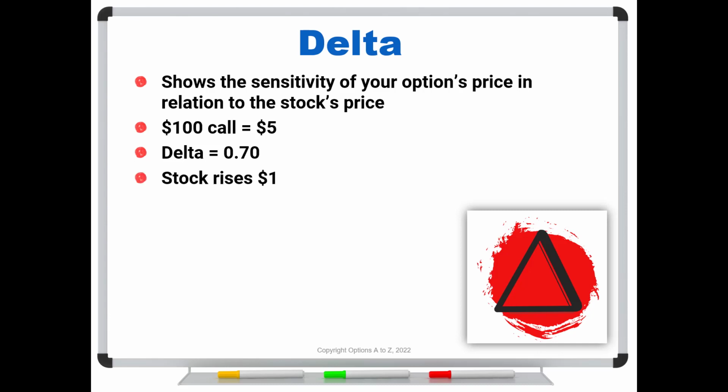So if the stock rises $1 right now, that call isn't going to pick up a full buck. It's going to pick up 70% of that dollar, or 70 cents. So we would expect that call to be trading for about $5.70. So the thing that makes delta tricky is that it changes as the stock price changes,